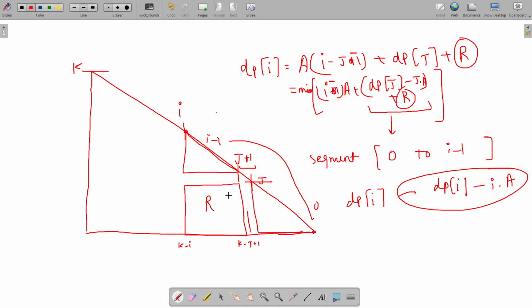So this region contains all the elements from these coordinates, and the height must be from 0 to j, right? Now suppose you have calculated dp of I, and now you are going to calculate dp of I plus 1. Let's assume that you are again creating this triangle,